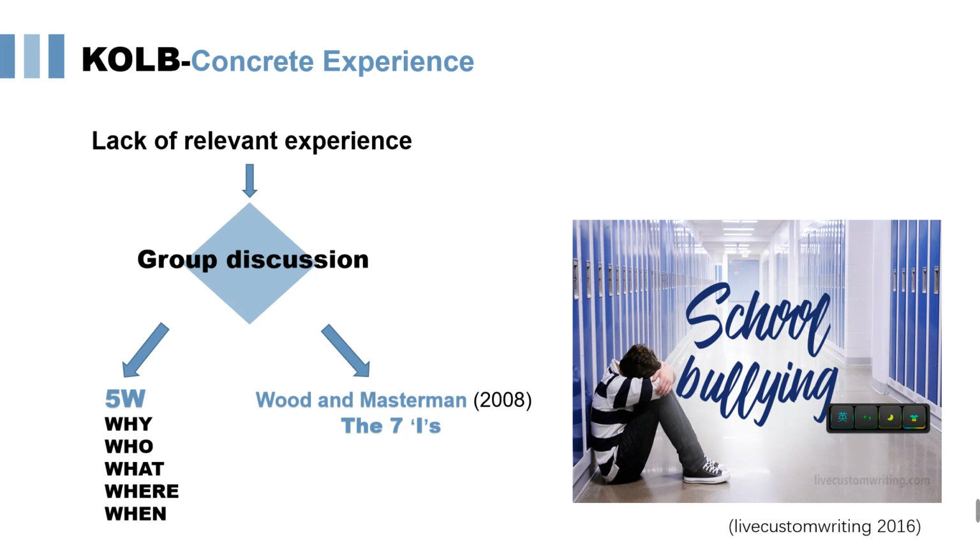And by discussing the 5W questions of the event planning, we basically designed the target people, the time and the content of the event and determined the feasibility of the event. This event is about anti-bullying, helping young people to build awareness of how to face bullying properly, and we also use the Wood and Masterman 7I knowledge that can be used to strengthen the event experience.